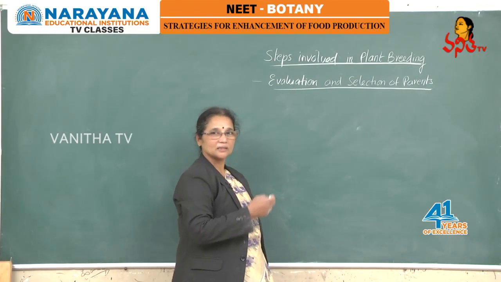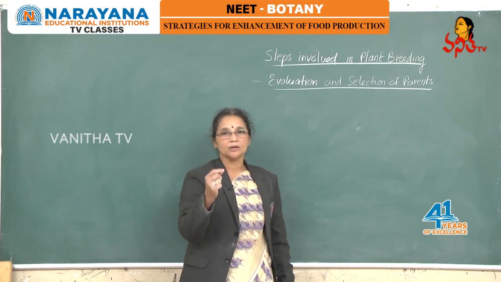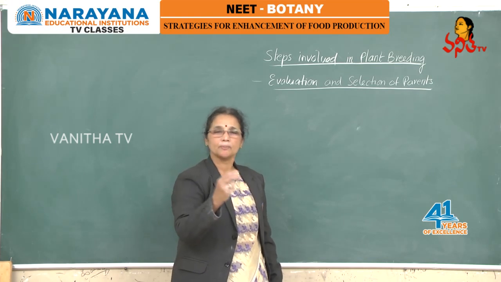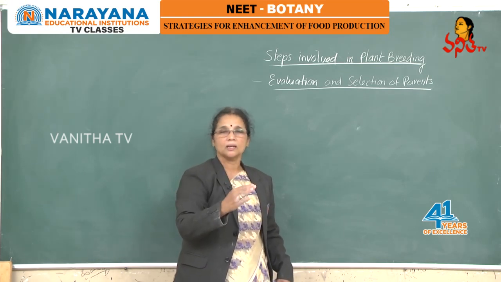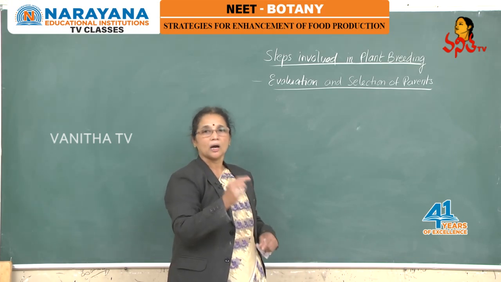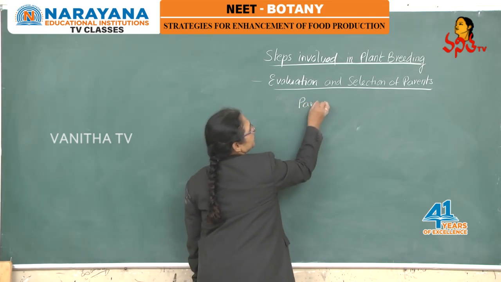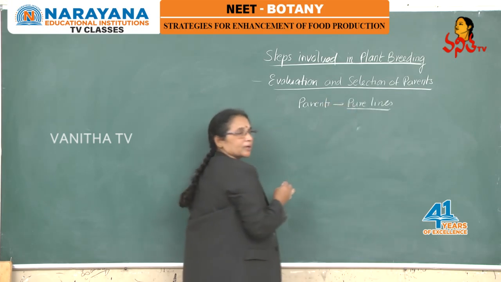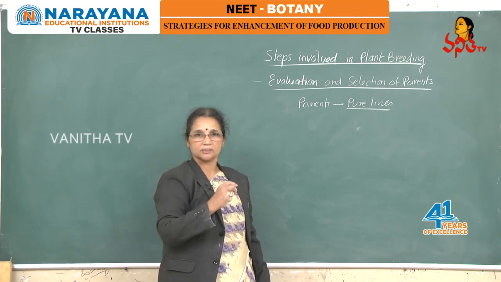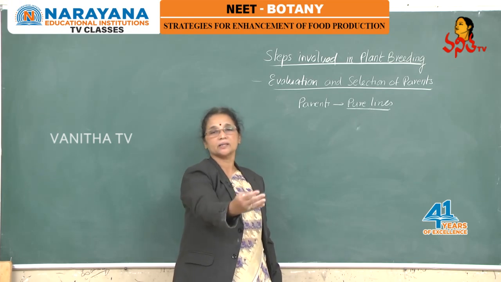Okay students, so in the last session we learned what are the steps involved in the plant breeding program. There we completed the first step, that is collection of variability, where we collect different alleles from all the wild, local and cultivated varieties and preserve them in low temperatures. And now how to select the parents? Here parents means they should be pure lines. From the material we collected already, we have to select the parents, and those parents must have the characters we desire to get in the new plant.